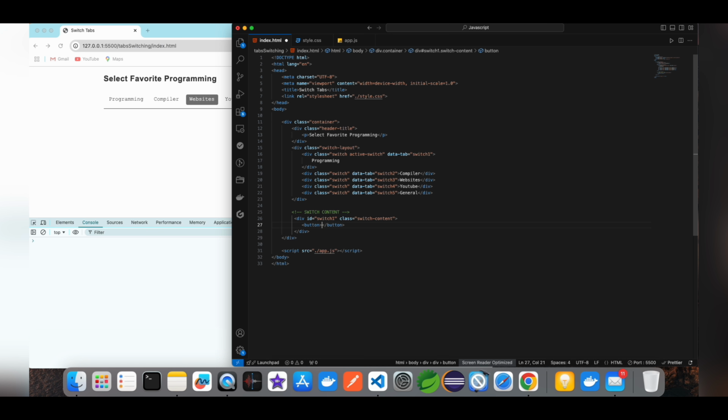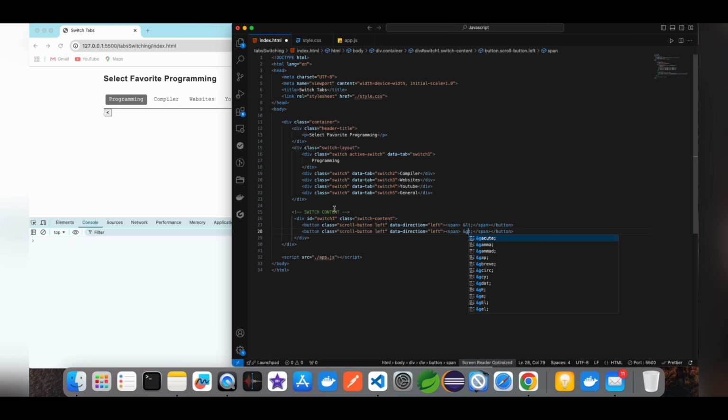and after that I take two buttons, one for left scrolling and another for right, and the data direction is left. Inside the button, for designing the left arrow and right arrow, I take them inside a span. This one is the right arrow, and this is the class which